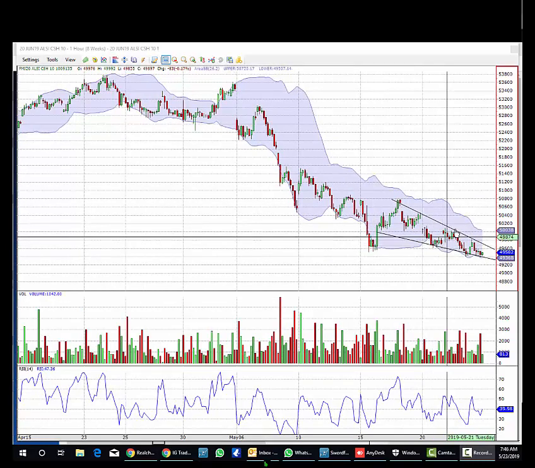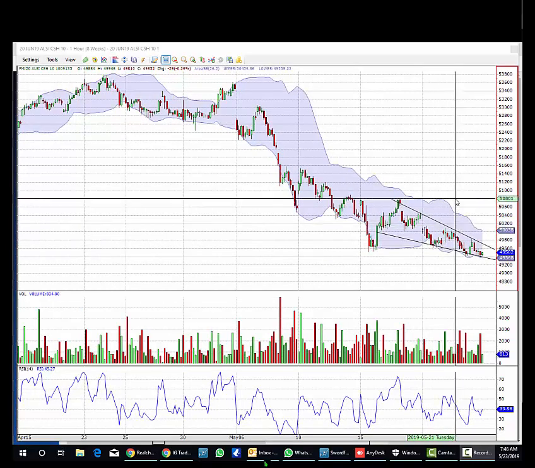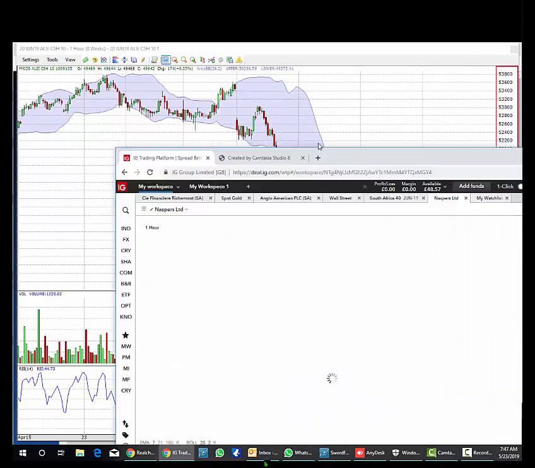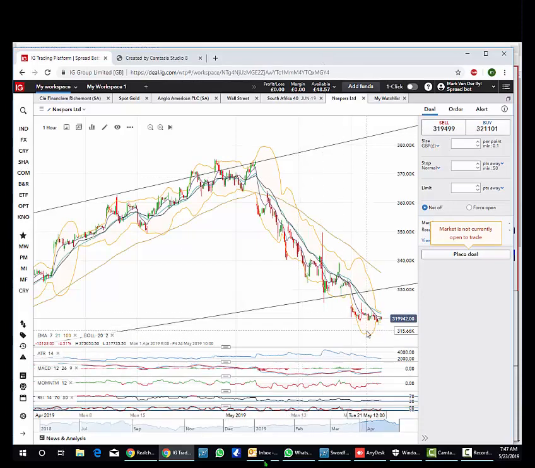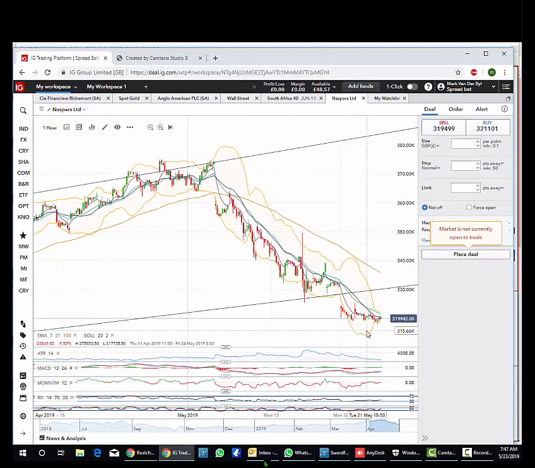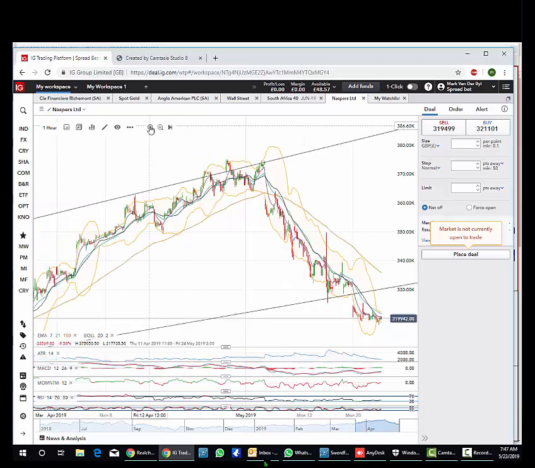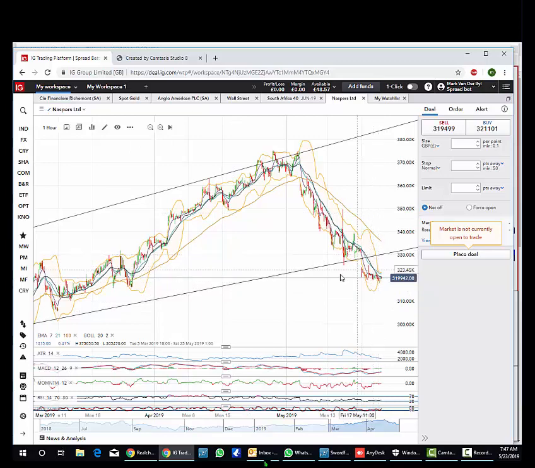There's a lot of stuff happening today in terms of data. There's also a lot of stuff happening on other markets or in individual counters. NASPAS over here, although it's down overnight, 10 cent is down rather. We might be reaching some kind of support here and looking to close some of these gaps that we've created. Okay, that's a fairly important one to look at.